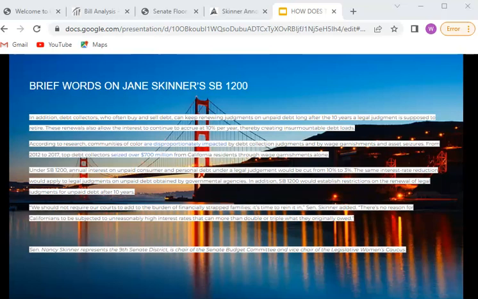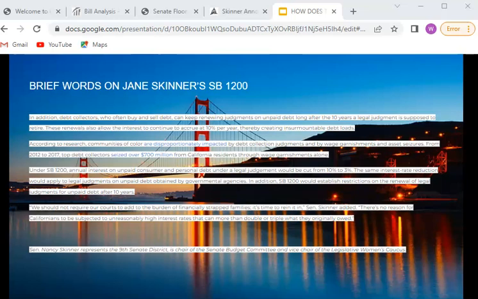We should not require our courts to add to the burden of financially strapped families. It's time to rein in, Senator Skinner added. There is no reason for Californians to be subjected to unreasonably high interest rates that can more than double or triple what they originally owed.